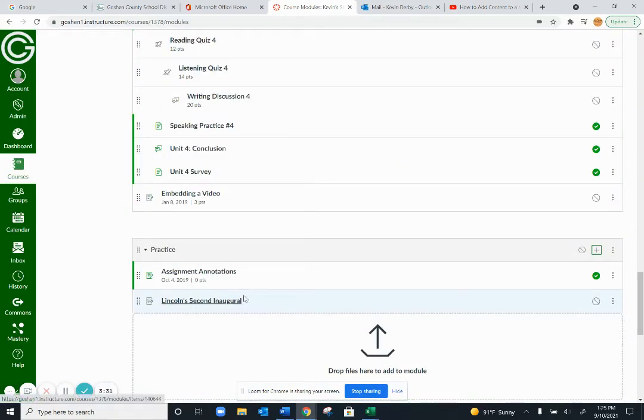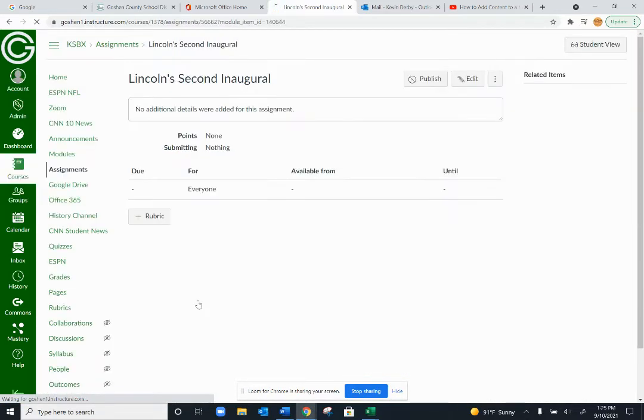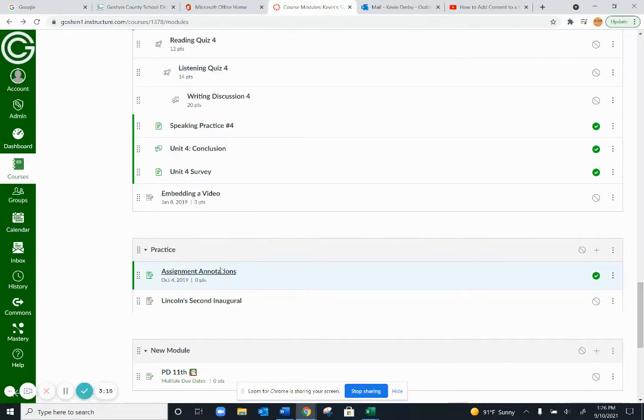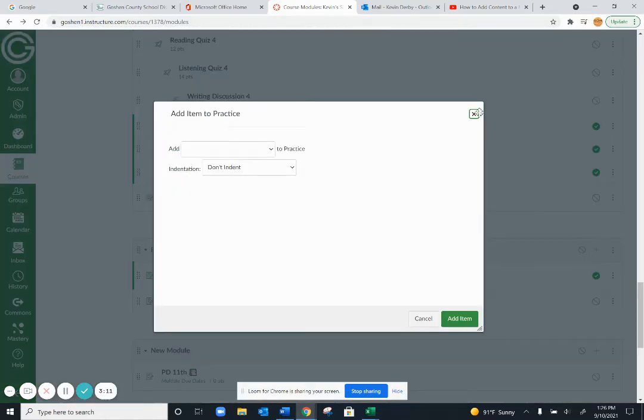And notice this one will come in as unpublished because this assignment truly has no content. This one literally is going to be a blank slate. You can see there's no additional details. Obviously not, because I just created a title and nothing else at this point in time. This one, on the other hand, probably does have some content. Some other things that I can add, though,